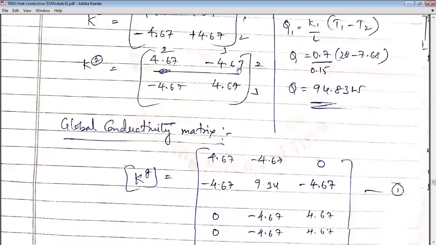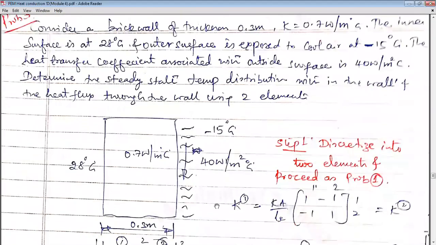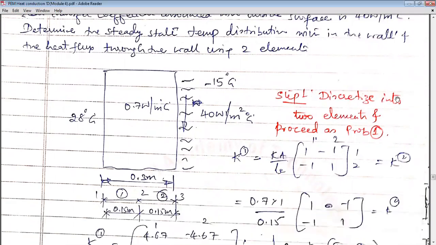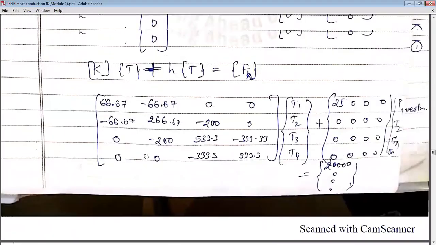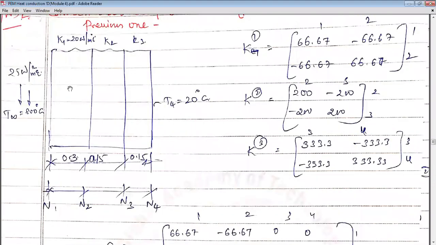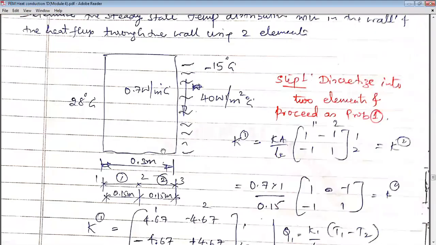We can do this in a similar fashion. What is the technique here is, you have only one mole given. To the right, you will see film coefficient specified. But what is the technique you are supposed to do? Discretize into two elements. So instead of three elements here, discretize into two equal number of elements of the same size. The 0.3 meters split into 0.15. Right, K1.